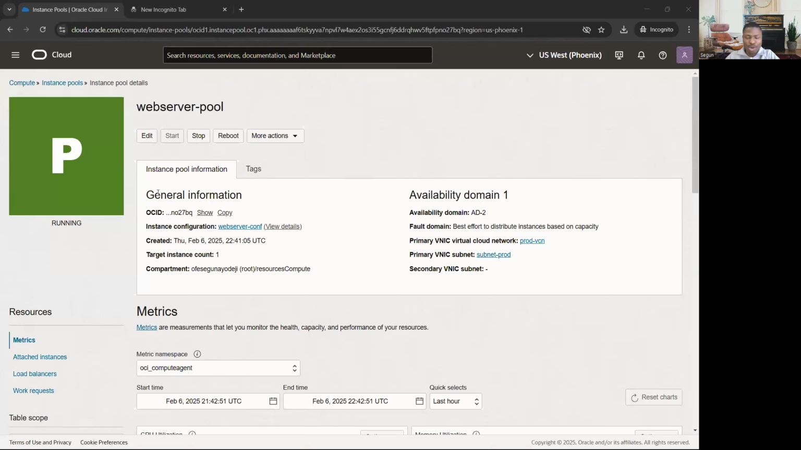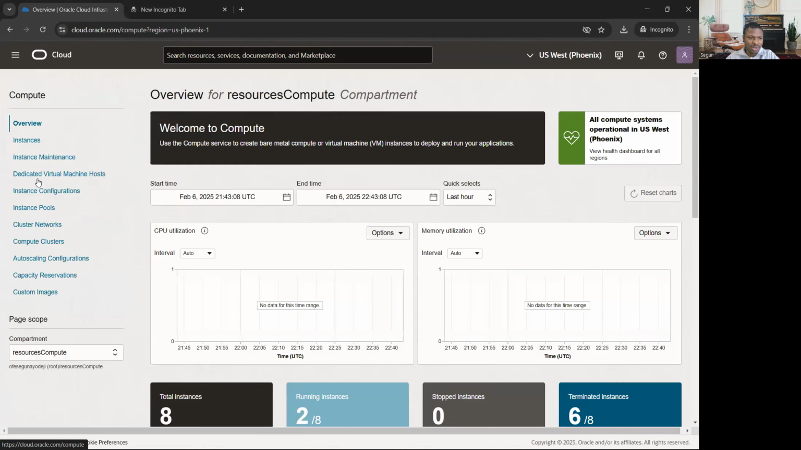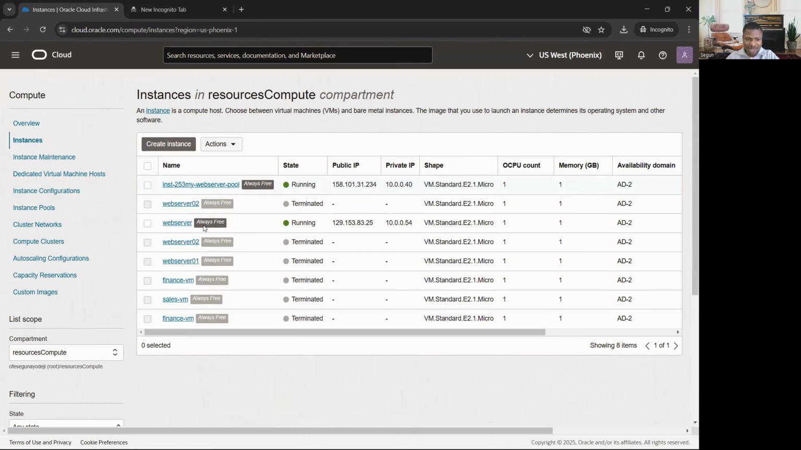So it's now up and running. You see the web server pool. Now let's come back to our instances. If you look at this now, this is the one I just provisioned. This is the instance I used to provision this one. So that's it. Cool, right? You can provision a lot of instances using instance